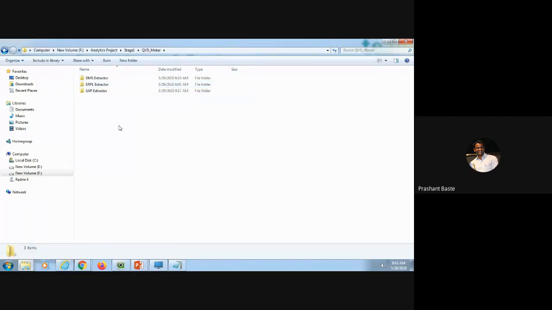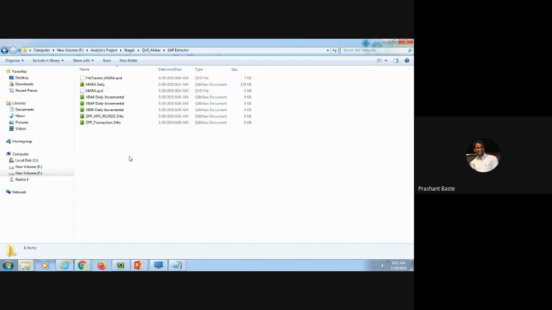If I go into the QVD maker, it would be helpful to create different extractors at the data source level. It's a one-time effort to create the folders, but believe me, based on experience, this will help you throughout the project life cycle, and after development or deployment, during maintenance and post-delivery support. It becomes very easy and flexible to understand and maintain.